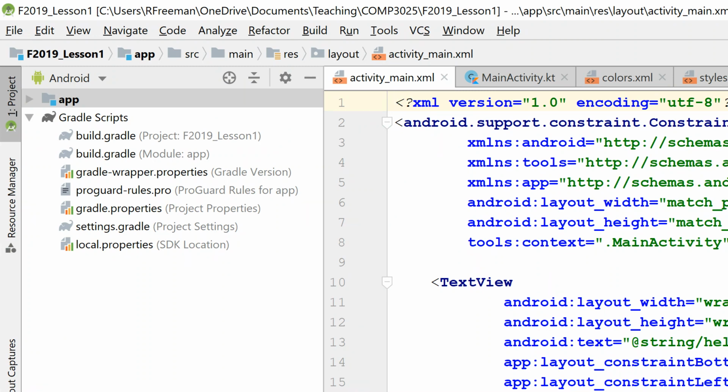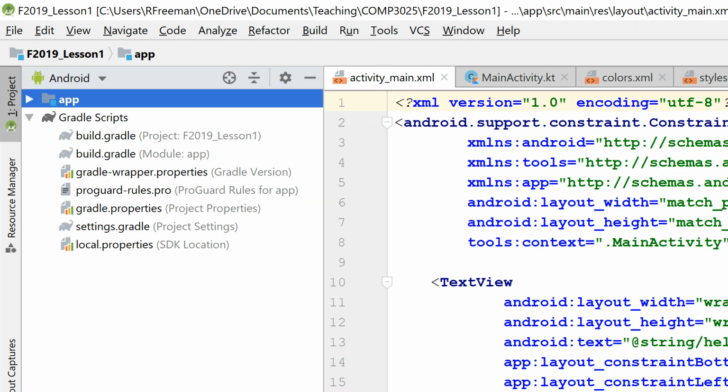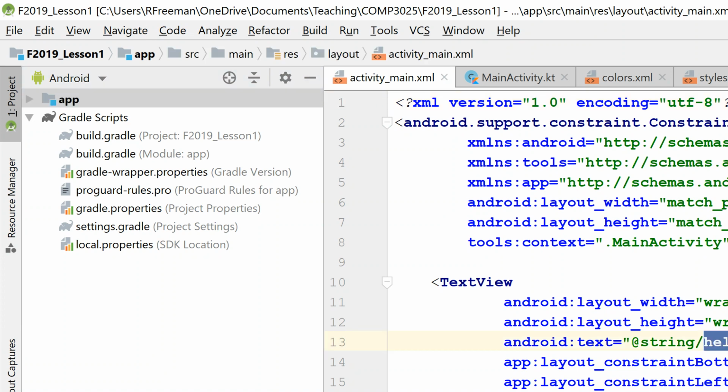Okay, so I still have my original text view here. I'll actually show you changing it through the XML view. Some of you may prefer to work with the UI in XML view, which is fine. So I have my constraints, so notice it's constrained bottom to the bottom, left to the left, right to the right, and top to the top. That'll center it. So I'm going to change this and set my text